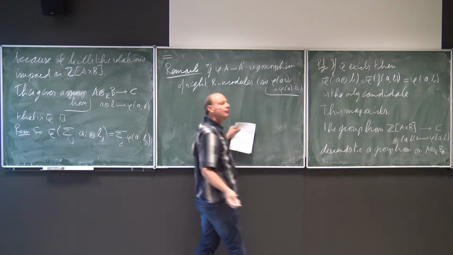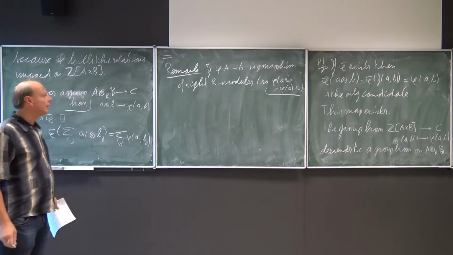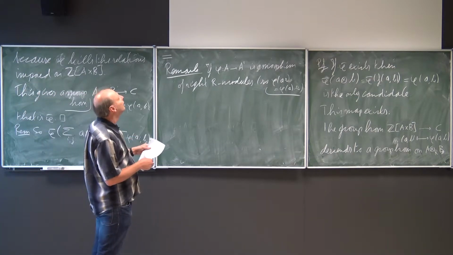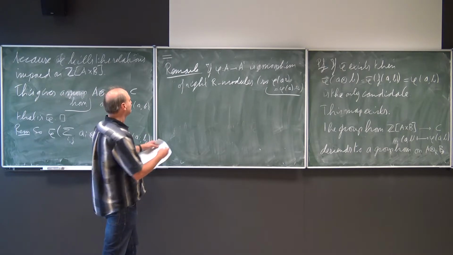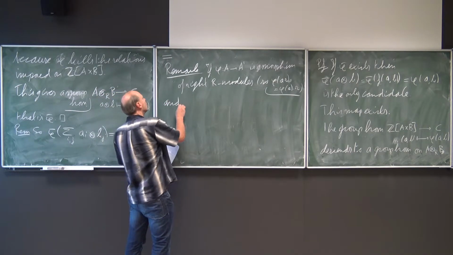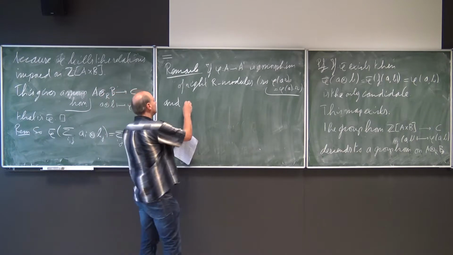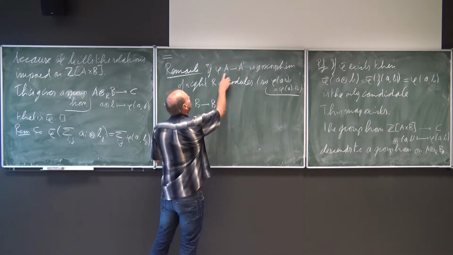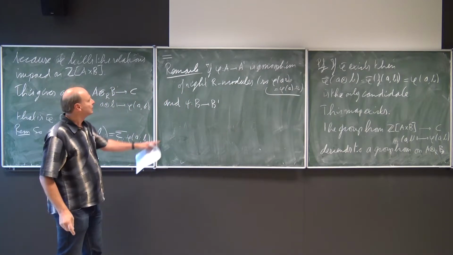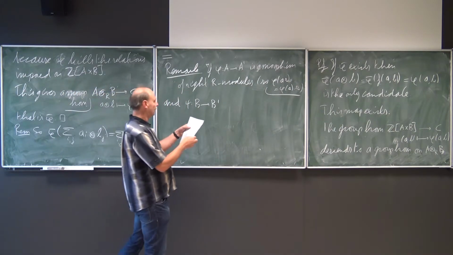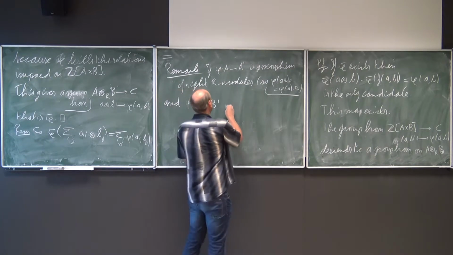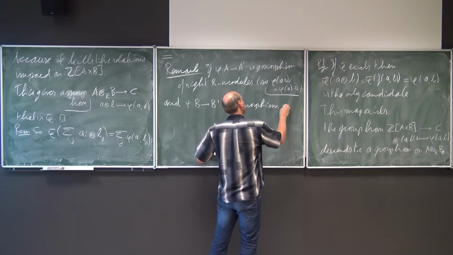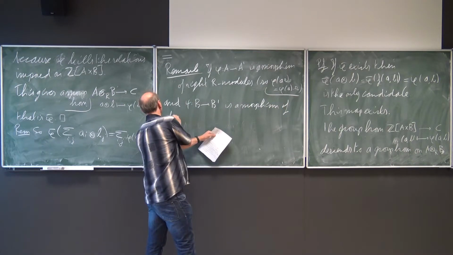Okay, so just like a morphism of left R modules, but of course everything with R is now on the right, but the R still has to come out. So if I have this one, and I want to do something for the B, so there will be psi from B to B prime. Here A and A prime are both right R modules. Here they will be both left R modules. So if this is a morphism of left R modules,